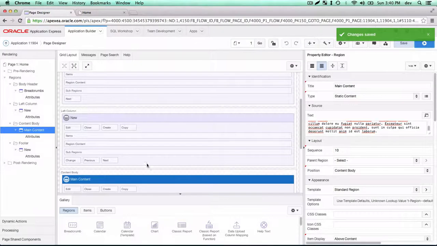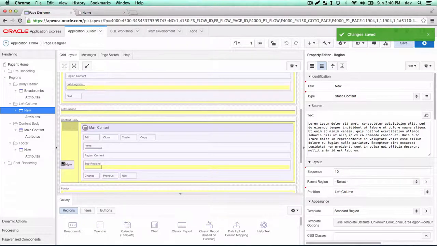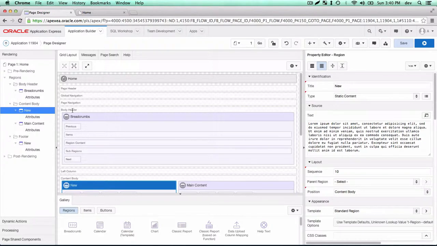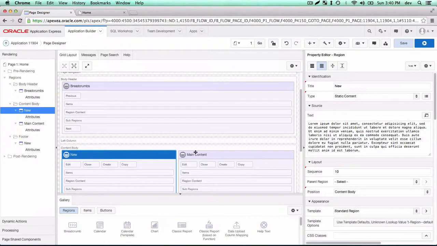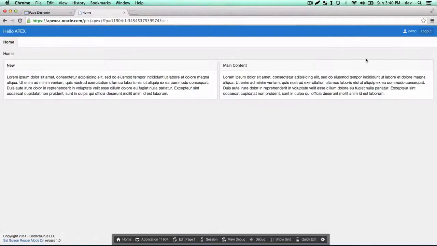Now what we could do is, instead of having that set up like that, we could have these in the same area in two different columns. And so now we can actually see the layout here. We have our header information, breadcrumbs, and we'll talk about breadcrumbs and other shared components in a little bit. And then we have our content, and that's here. Now if we save that and run it,